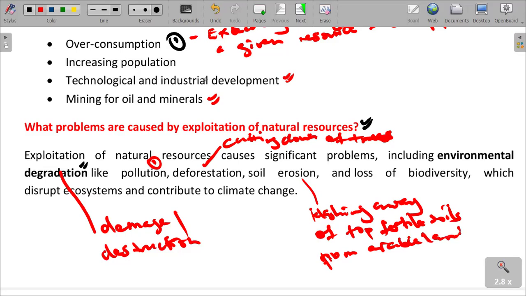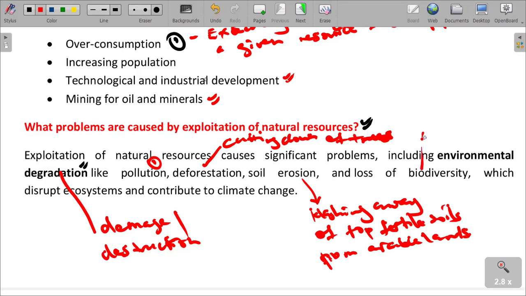We are talking about lands that are set aside for farming. When the top soils are removed, we have problems to do with fertile soils being extensively washed off from land for agriculture, and loss of